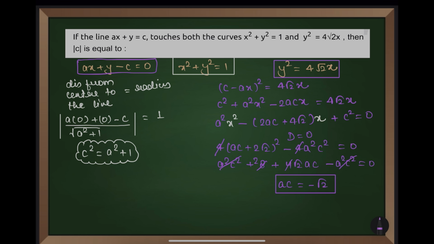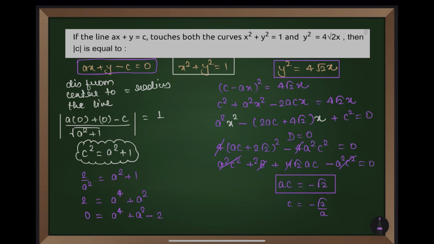Now look at this. I'll take one of the values. Suppose that I have taken c as minus root 2 by a. So I can substitute here. It will become 2 by a square is equal to a square plus 1. So 2 equals a power 4 plus a square. So can I write a power 4 plus a square minus 2? Now you got a biquadratic, which is x power 4, x power 2, x power 0. So you know that you will take